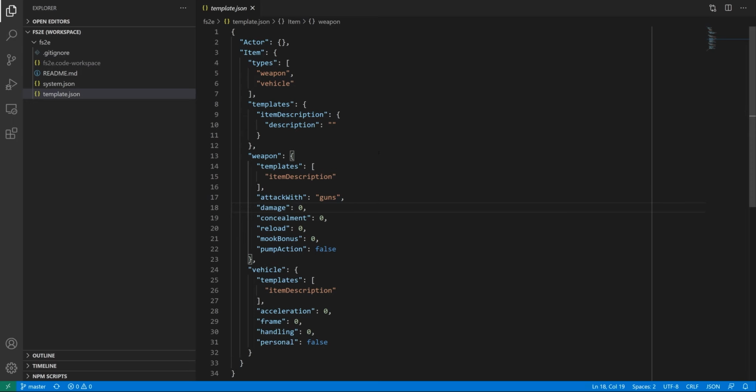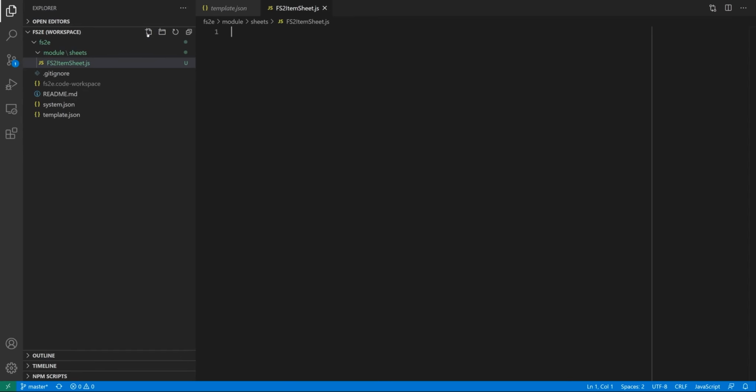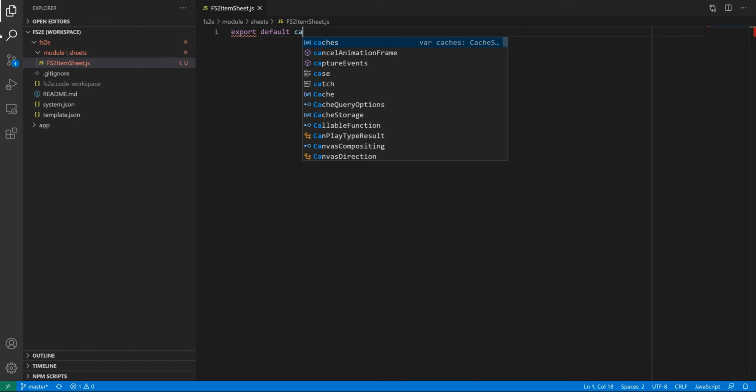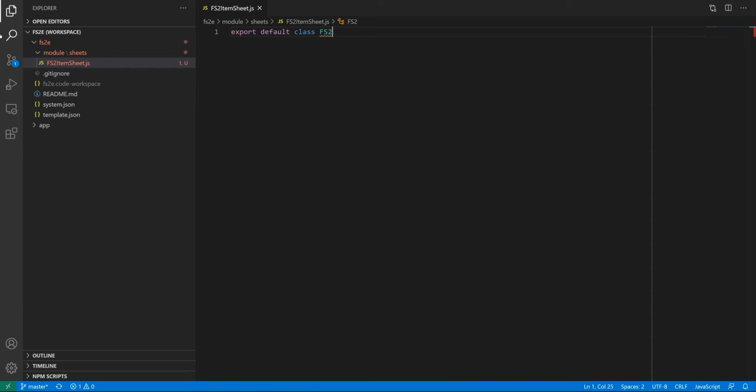By convention, the various classes go in a module folder, though as I said earlier, you can organize files however you want. So I'll add a module folder, then a sheets folder, and create a file called fs2itemsheet.js. In there, we can define our class, which we're going to call fs2itemsheet, making it extend ItemSheet. The export keyword is so that we can import this in another file, and Foundry needs the default in order